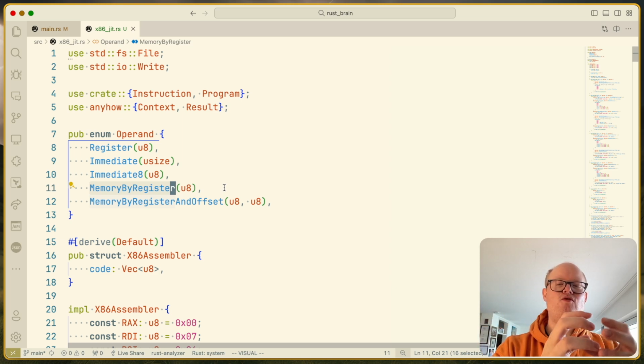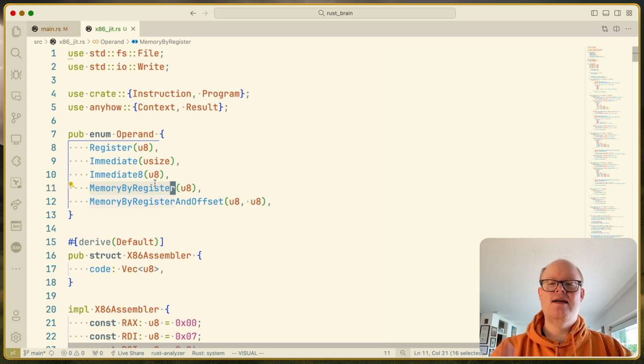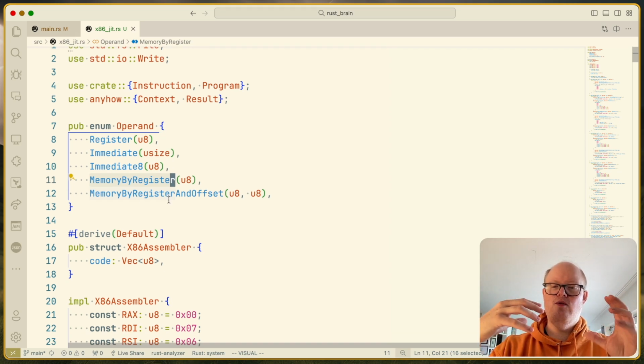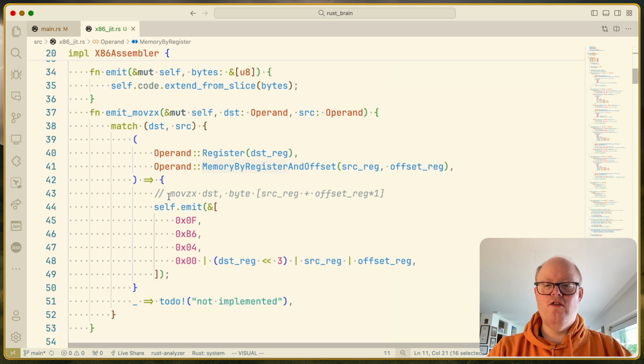We can then reference the value of memory pointed to by a specific register. That is what you always see in the mnemonic code as square brackets, essentially, that's memory by register. And then we have memory by register and offset. You have seen that as well. So it's kind of dereference what's in there, but take a base pointer and offset into it. And based on those,